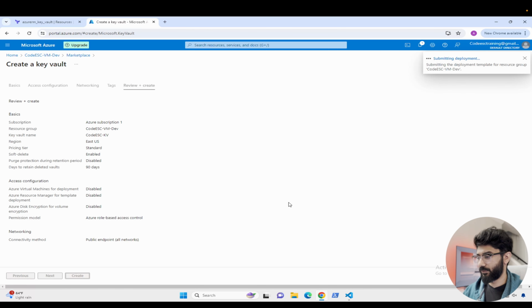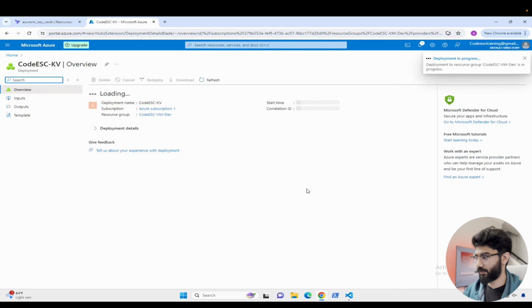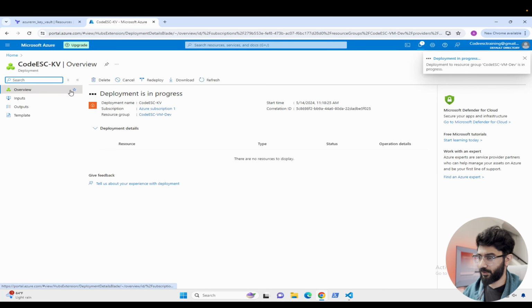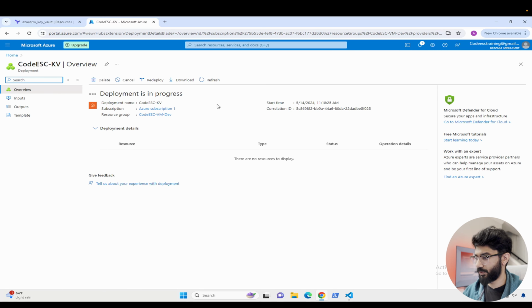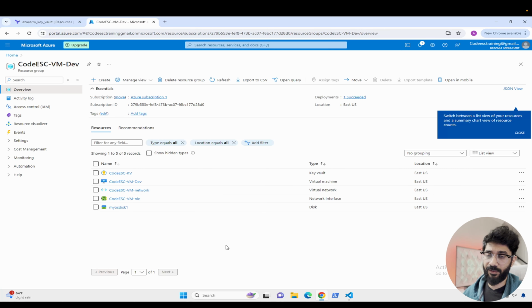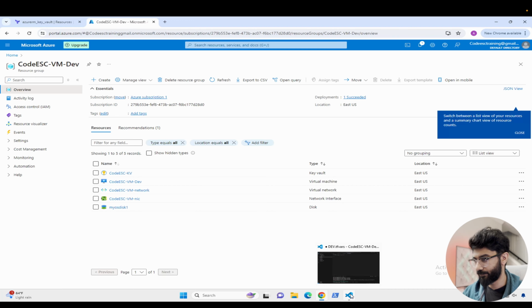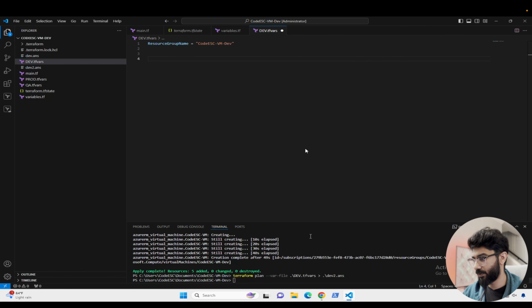Once we have it, we have our key vault here. Key vaults are pretty neat. You can save all your secrets and necessary keys that you have in your application. This is now here, but it's not in our Terraform code. We'll import that. So in order to import, we go back to our main here,